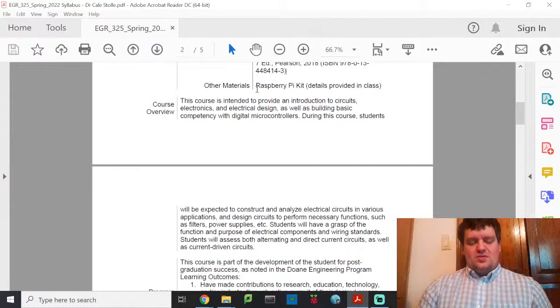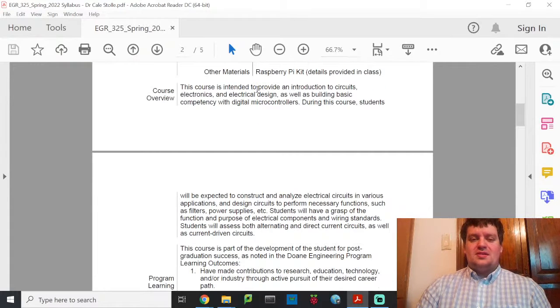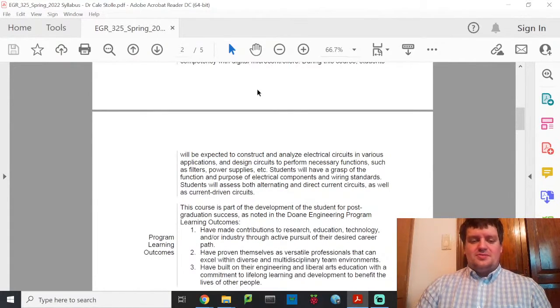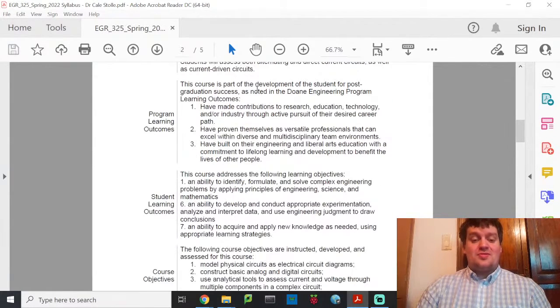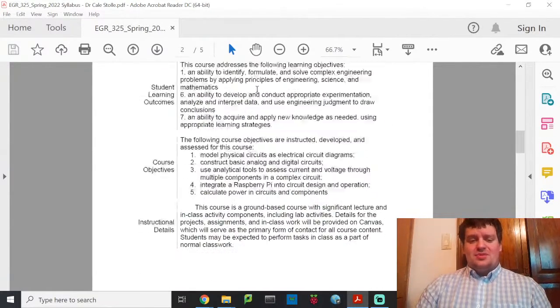But we do have a few Raspberry Pis here, and I would encourage you to try to get one if you can, because it's a really good learning instrument. It really helps you dive deep into electrical circuits and electronics. In the future, I probably will require students to buy a Raspberry Pi, but not right now because of supply chain problems. If you're trying to order things from China, most of this stuff is boring.